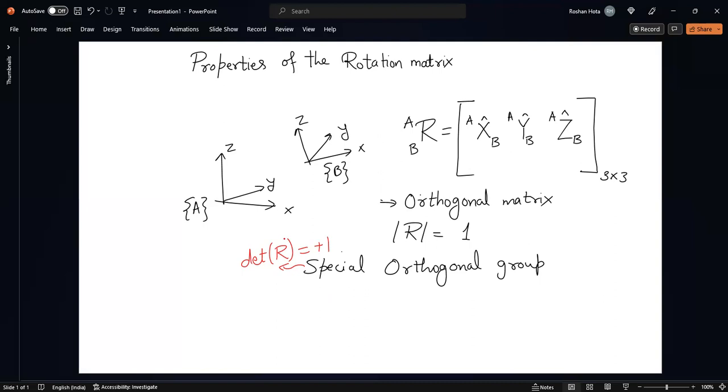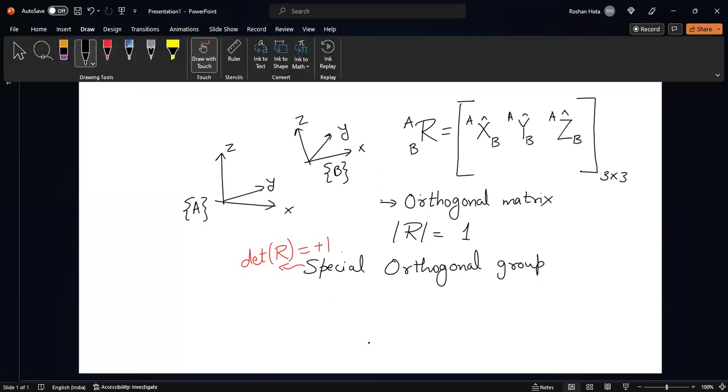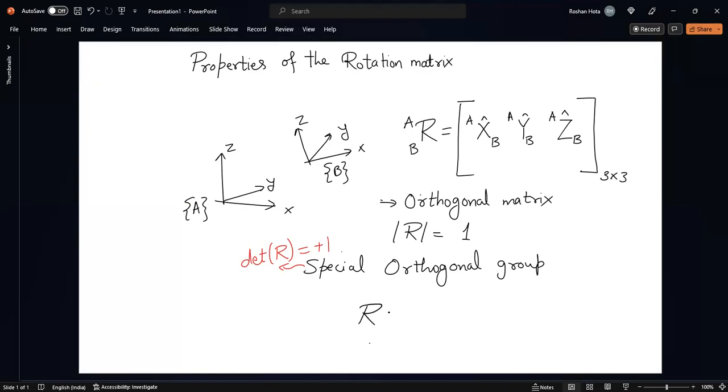Also, we can have another interesting fact about the rotation matrix. That is, if we do R transpose R, I will get the identity matrix. This is also easy to see from the original definition of the rotation matrix that we have defined here, because